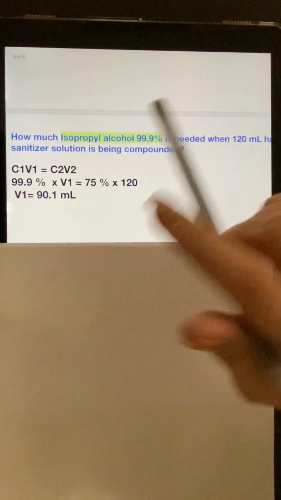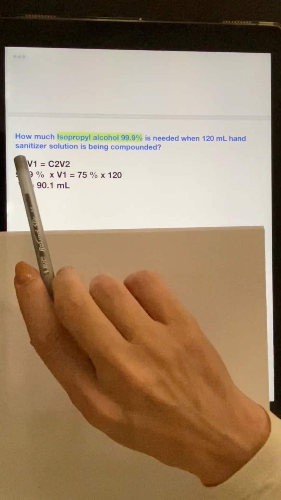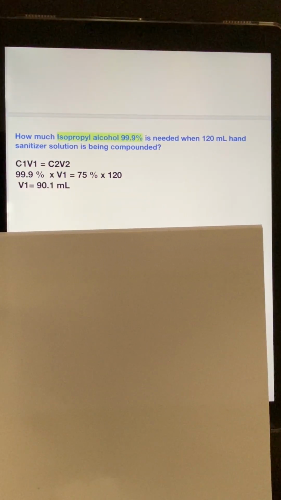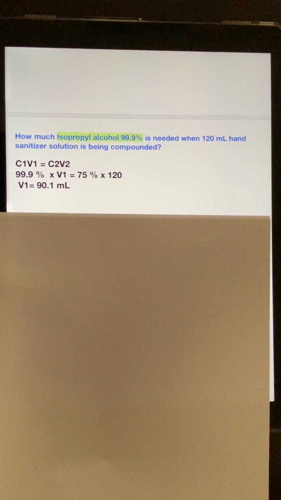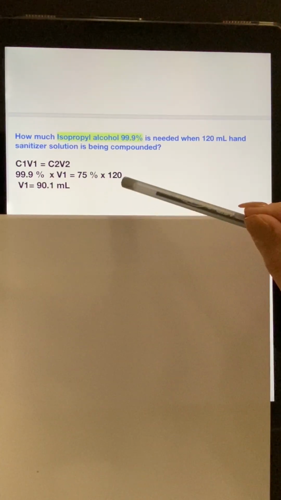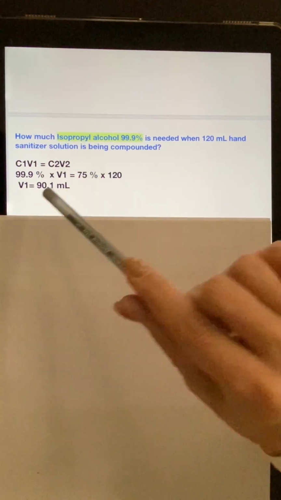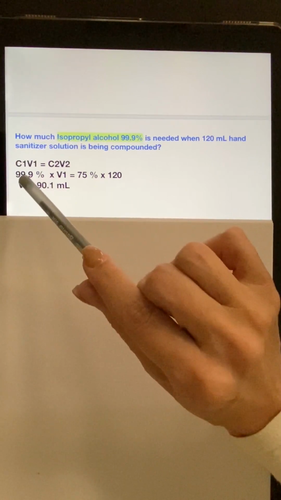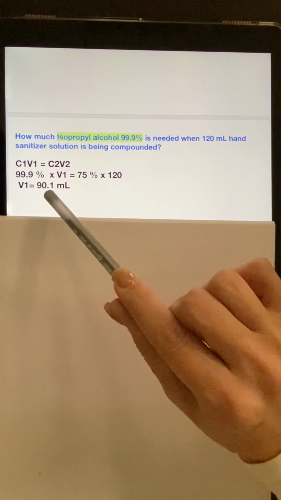Simply using this formula right there, you just plug in the numbers. C1 is the starting concentration. You need to calculate V1, the starting volume of that isopropyl alcohol when the concentration is at 99.9%. You are given on the prescription the final concentration and you have the volume of your solution. So plugging in the numbers, the volume of the isopropyl alcohol when the concentration is 99.9% will be 90.1